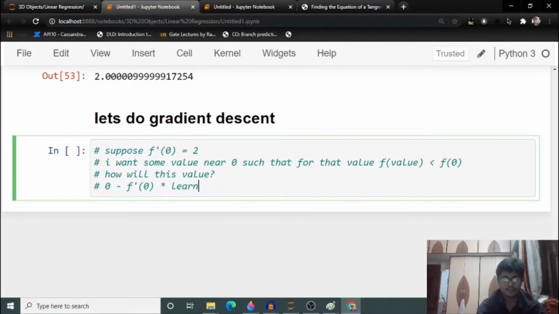This learning rate is a very small value, and why we put a small value I will also describe, but just wait.